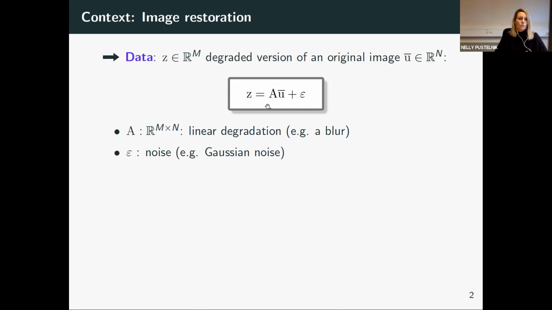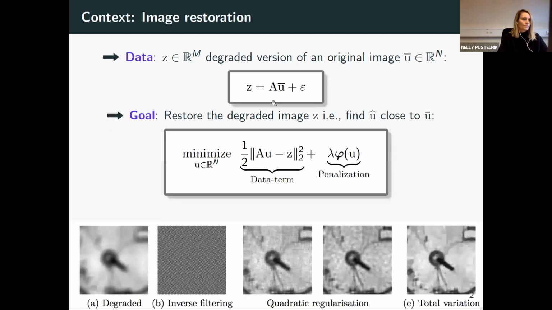So A is a linear operator. It can, for instance, model a blur. And you have some additive noise, typically a Gaussian noise. So this is a standard image recovery problem, and we are going to focus on this specific framework in all the analysis. And what is important here is that we assume A to be known. So the standard approach to solve this